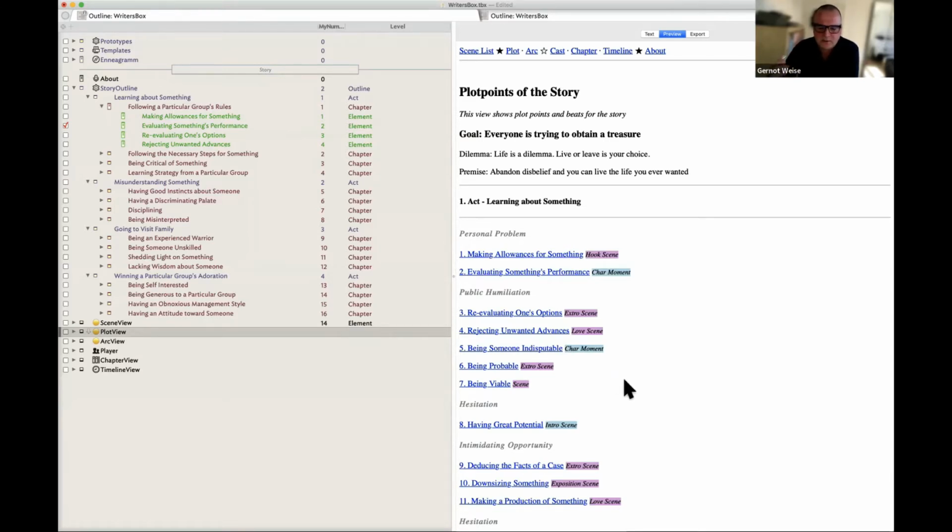What does it mean to have the first and the second scene? In this scene, for example, I want to show a personal problem my hero or my protagonist has. This is actually the power of Tinderbox, to have different views of the same information. It's basically just a filter, as Mike described it.